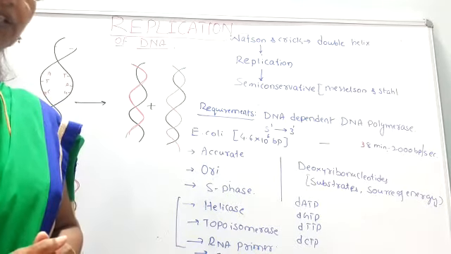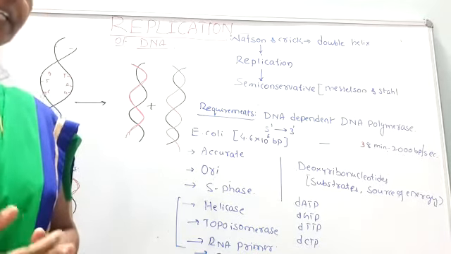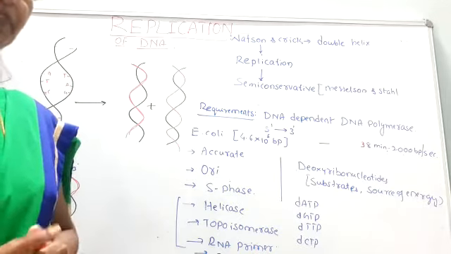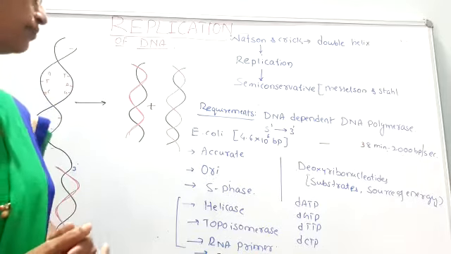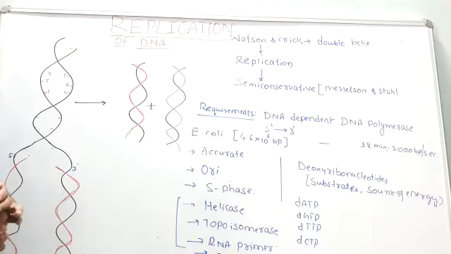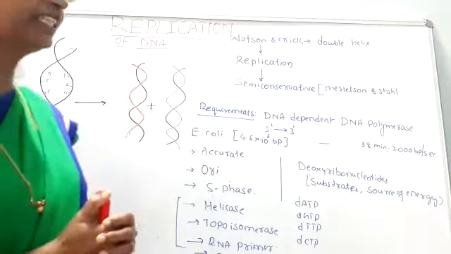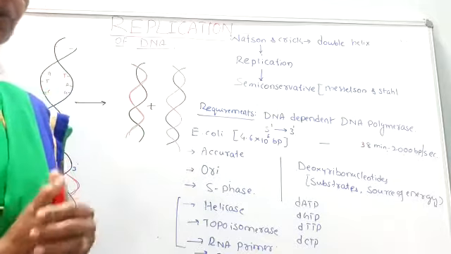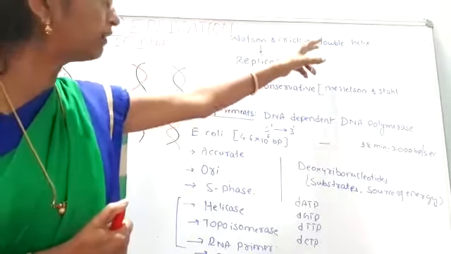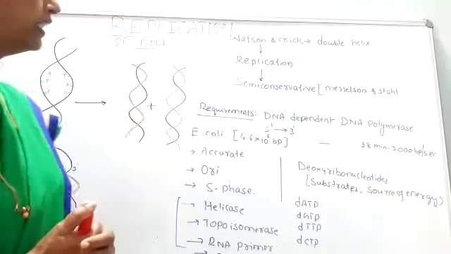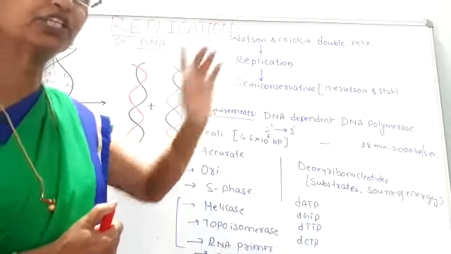the replication of the DNA. Okay, so in our NCERT reader, E. coli bacteria is taken as an example and explained. With respect to E. coli, we have to discuss the process of replication. As you can see here, Watson and Crick, both of these scientists, proposed the double helix model of the DNA, and not only did they explain the double helical structure of the DNA, they also explained the replication of the DNA.